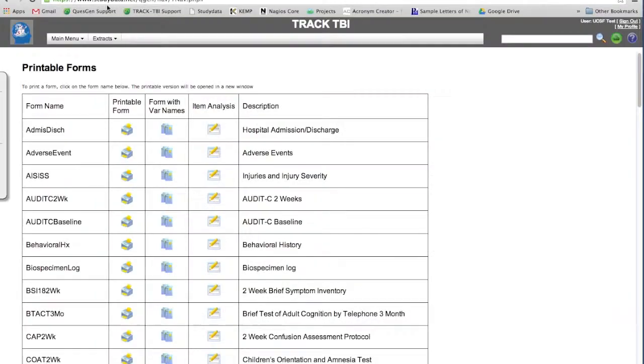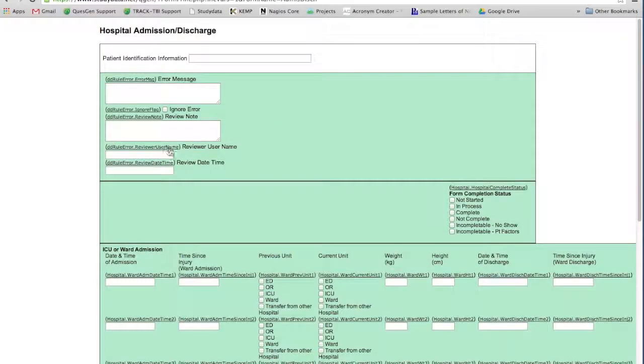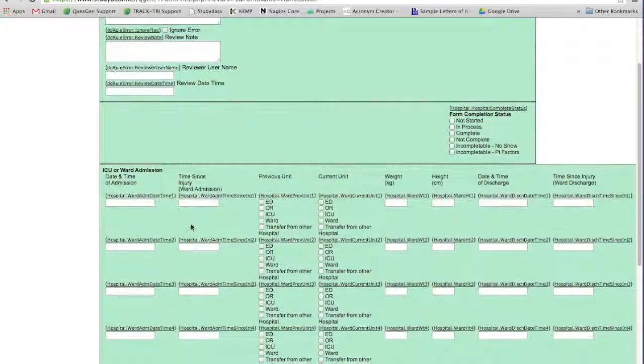you see all the fields in the form, and you can choose them and fill them out here. Another useful thing that will help you in your extract is this column called form with variable names. When you click on this, you're going to see the same form except you're going to see the variable names here. This can be very useful in figuring out exactly what table the field is from and what the name of the column is, so that when you do your extract, you actually